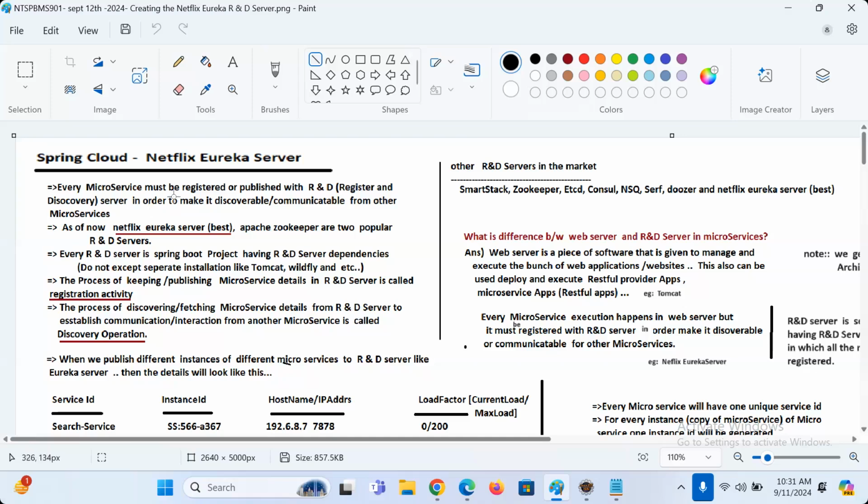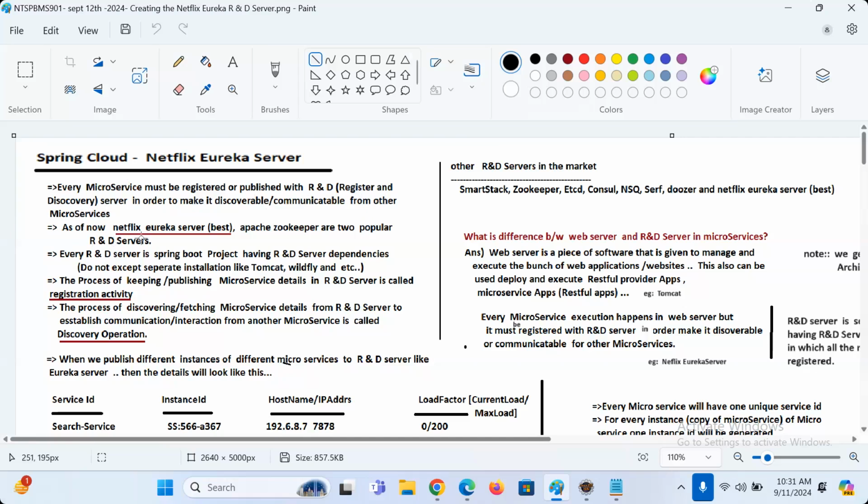Every microservice must be registered or published with the R&D, register and discovery server, in order to make it discoverable or communicatable from other microservices. Everyone understanding my statement?